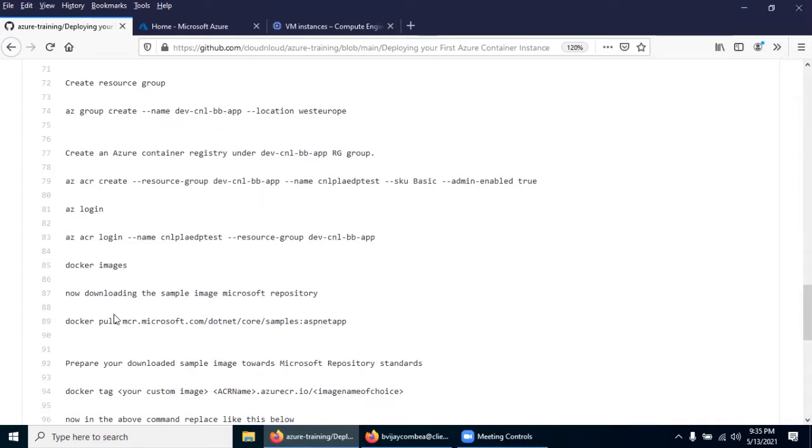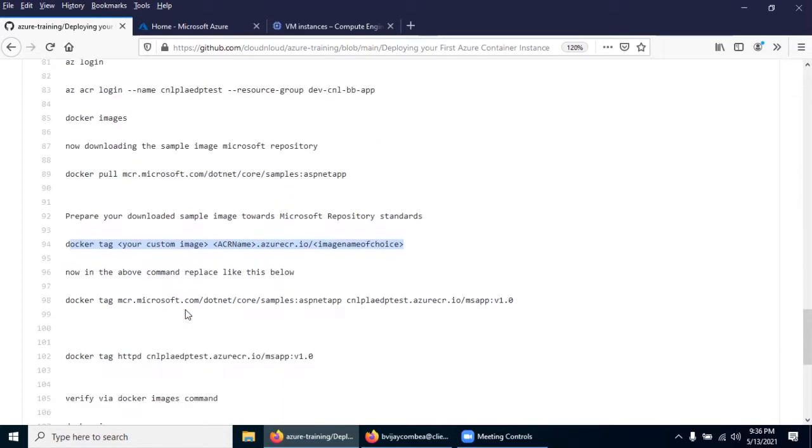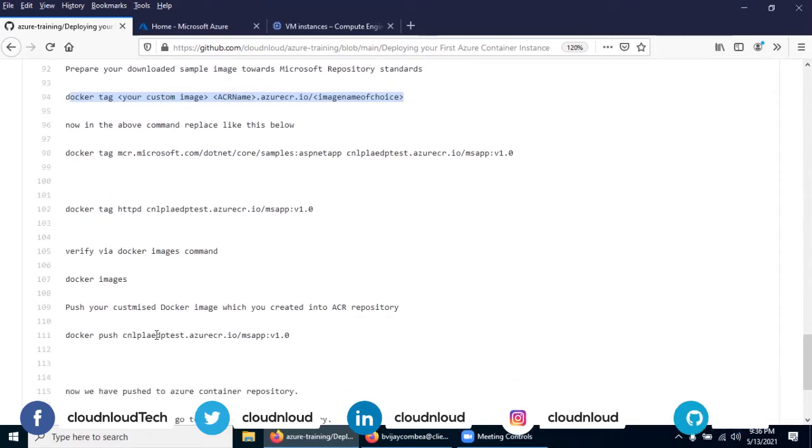Then we are downloading some sample image. Remember, in the manual way of Docker container hub handling session, I showed how to convert the same logic here. So you need to first prepare your downloaded image according to your Azure container registry naming convention. Once you converted, then you push it.